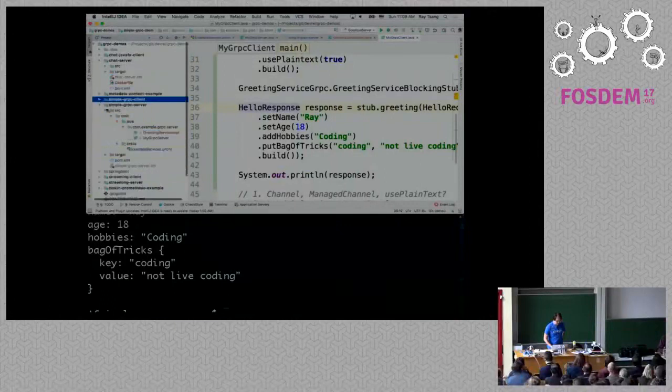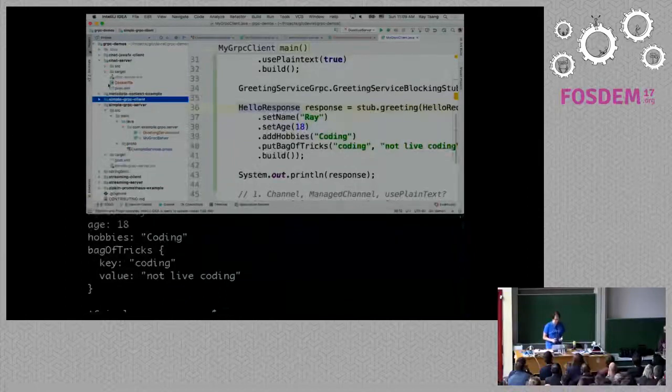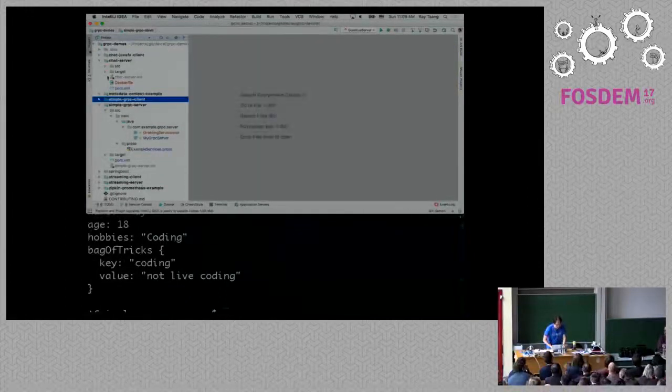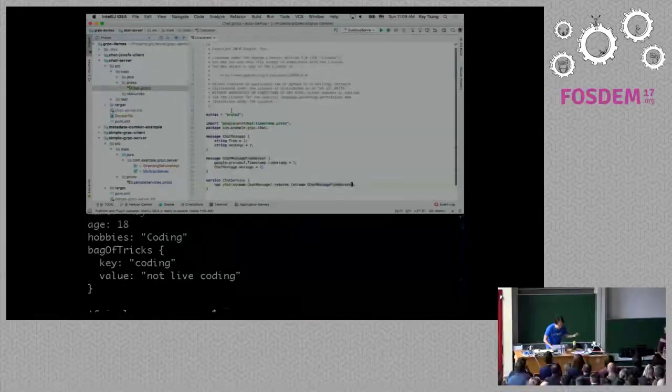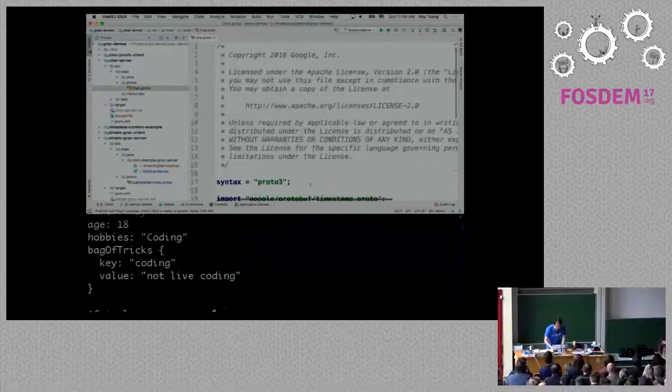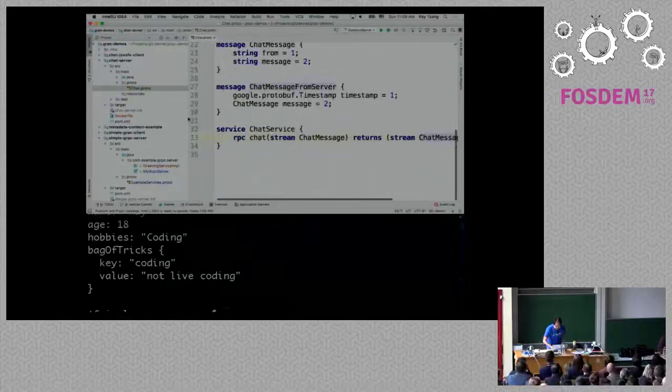Great. So in the next couple of minutes, I'm going to write a few more lines of code to create a real-time chat server and chat client in Java with gRPC by using bidirectional streaming. I'm going to close these out. If I go to chat server, most of the bootstrapping here is done because I went through the basics already. The only thing I want to show you is the proto file.